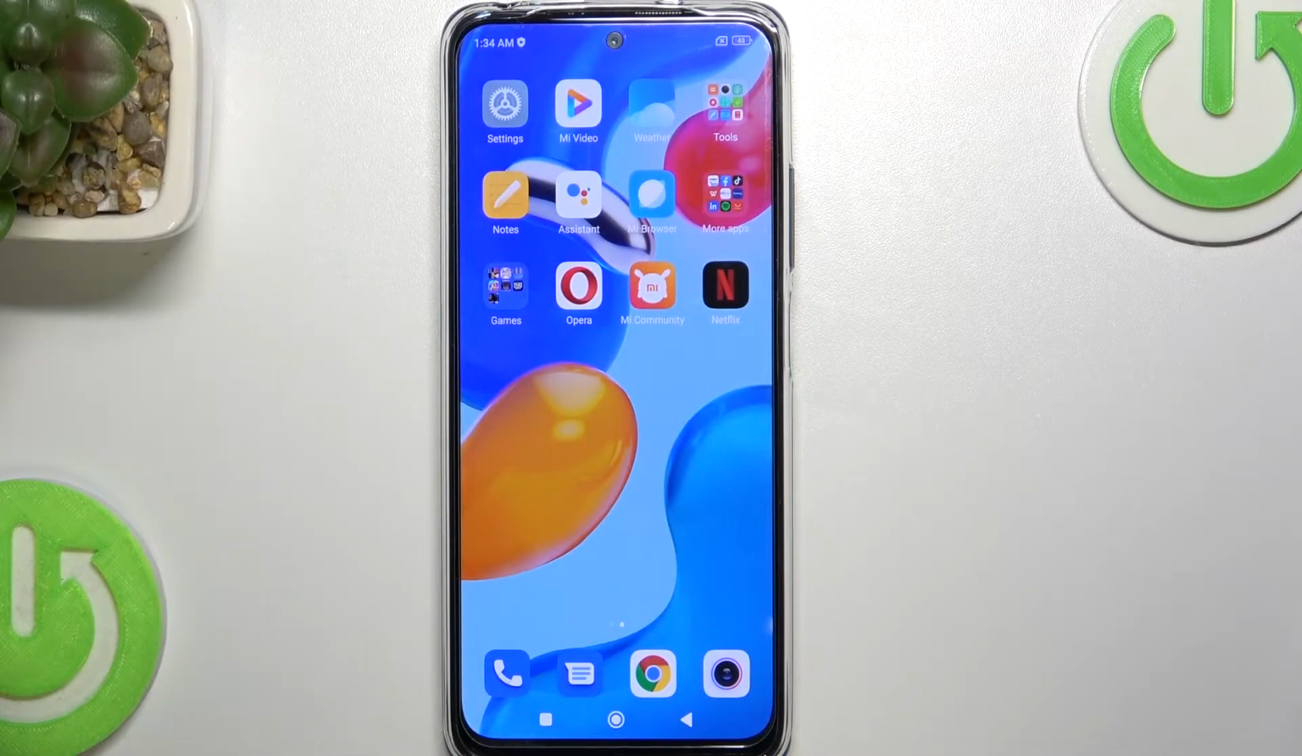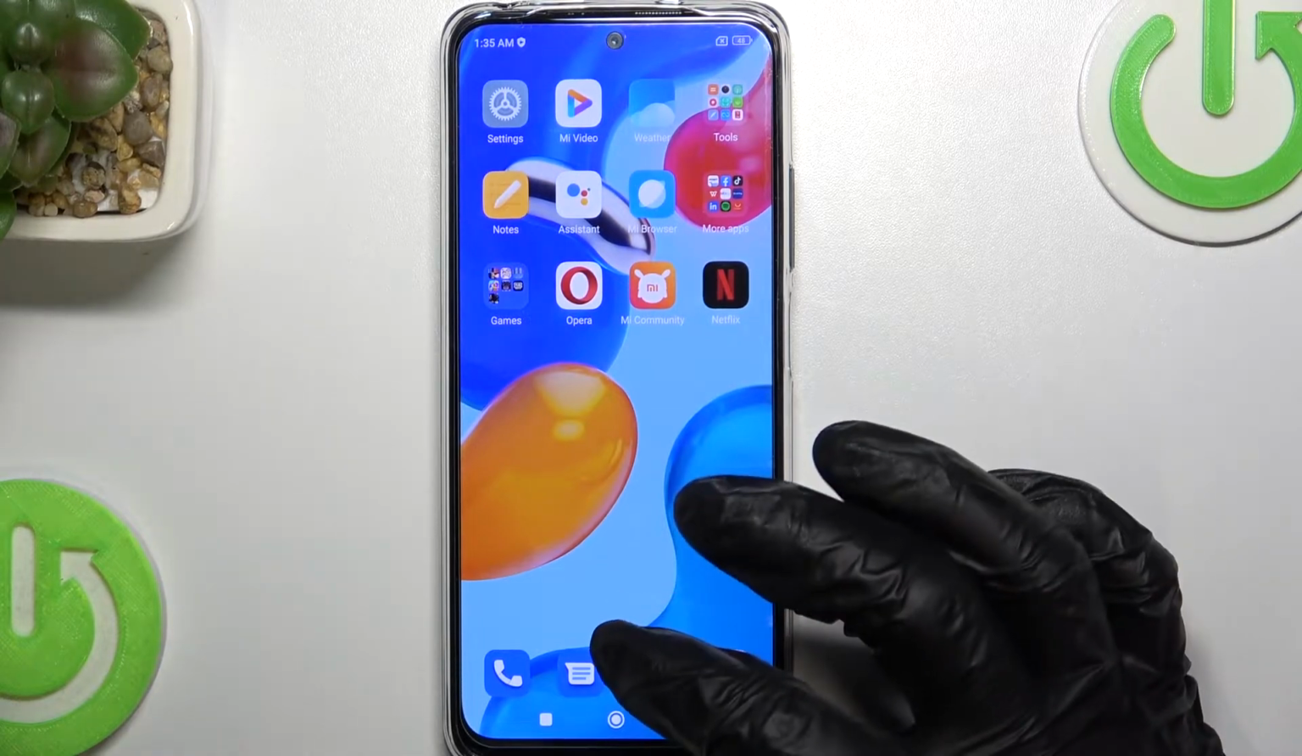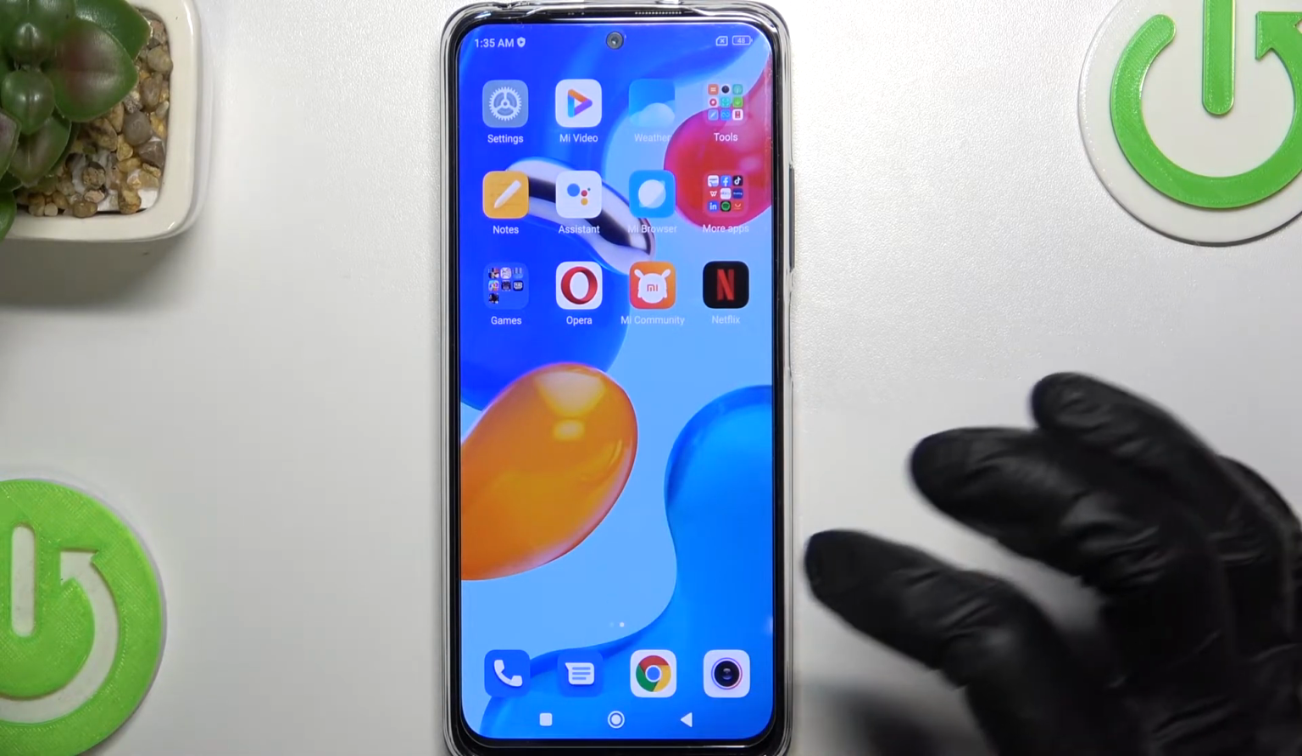Hello, in this video I'm gonna show you how to activate and use your clipboard for the keyboard on your Xiaomi Redmi Note 11s. So to do this, you need to go to any app that allows your keyboard to